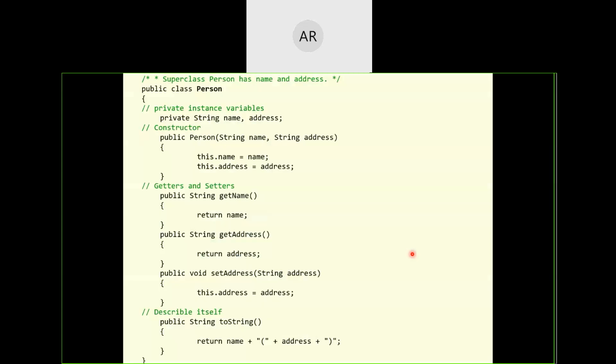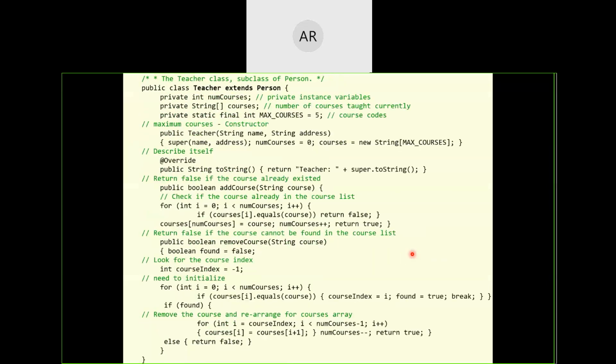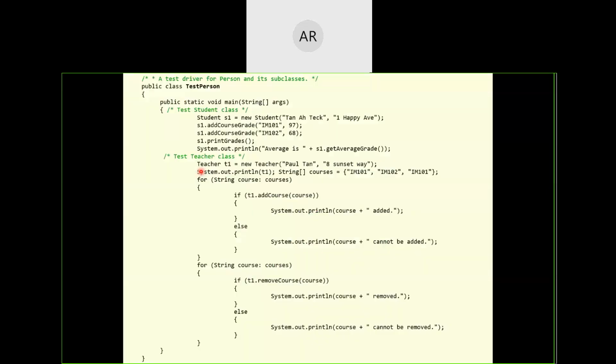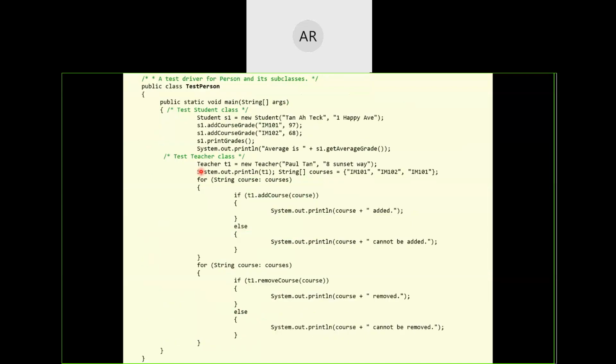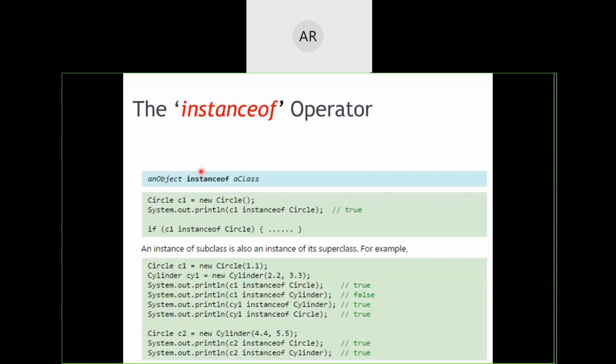Now, the same concept I have depicted here. You can see superclass and subclass. I've put a few more functions, a few more programs here. If you are interested, you can go through these programs. Here I have explicitly used the overridden function annotation, just to demonstrate those things. And why I have made this whole thing very clumsy by adding all the comments is, I wanted it to be self-explanatory for you when you are going through that particular code. So there is one more thing that we need to learn about classes and objects.